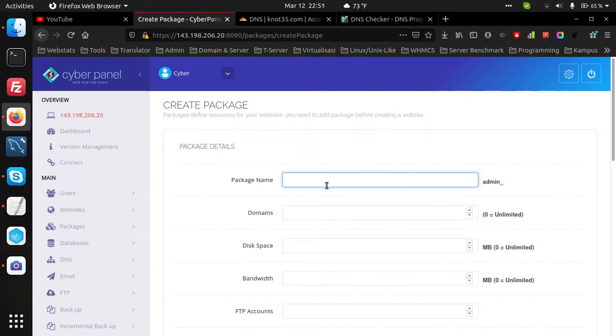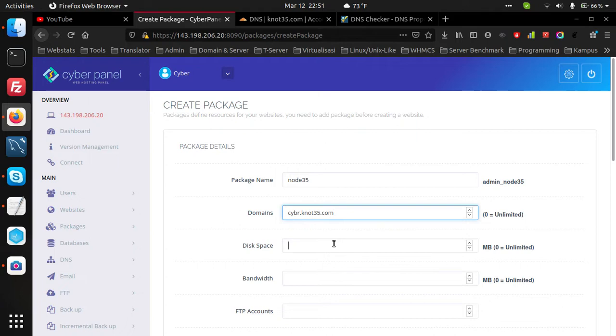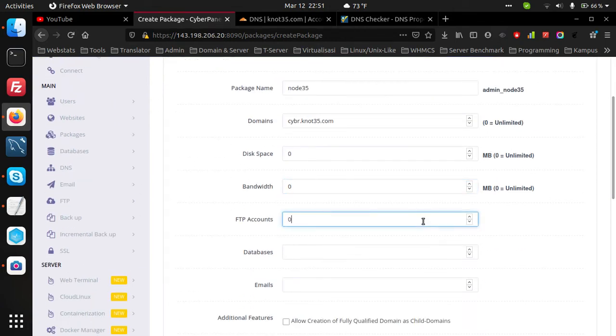For example, I will create package node 35, and for the domain I will put CB cyber, and storage or disk space 4 GB, and bandwidth, or maybe we can select unlimited, and FTP accounts 0, database 10, email 10.